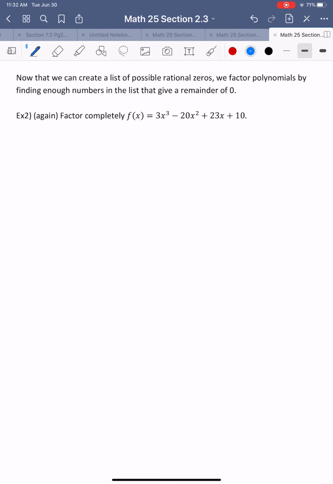Alrighty, now that we can create the list of the possible rational zeros, we factor polynomials by finding enough numbers in the list that give you the remainder of zero. Okay, so now we have 3x cubed minus 20x squared plus 23x plus 10. Actually, let's find all the zeros here, okay? So first of all, we already talked about this as the rational zero theorem, which is plus minus the factors of a sub 0, 10, and then the factors of a sub n, which is